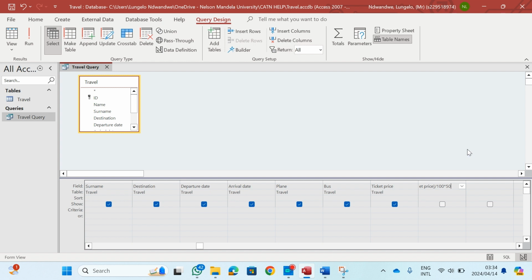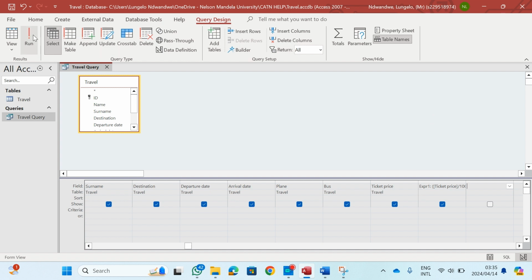My preference is to put a rounded bracket before the asterisk, and one at the beginning as well, so that the ticket price over 100 value does not interfere with the times 50, because it may skip and give the answer wrong. So once you have done that, you're going to press enter, and you see that a text appears that is written